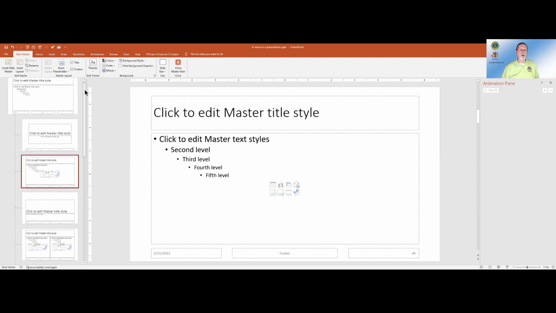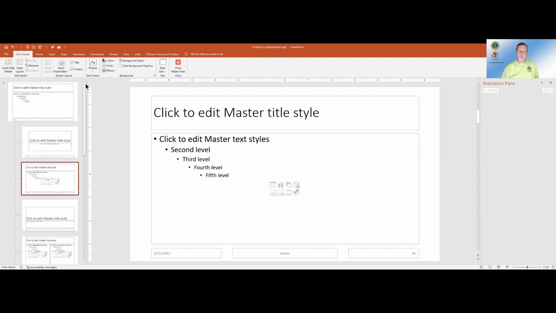These are all the different layouts. I can actually change the layout components to add or modify what is already in place. When I'm doing this, I much prefer to do it from the very first one, because when I apply a change to this, it will take effect with all the different layouts.